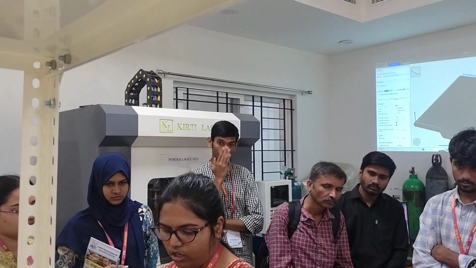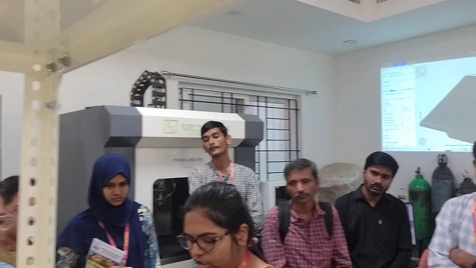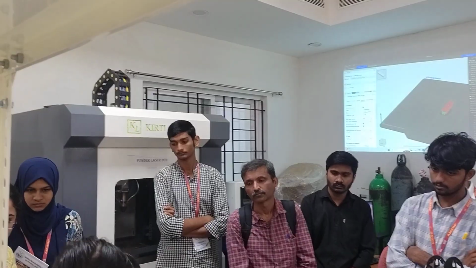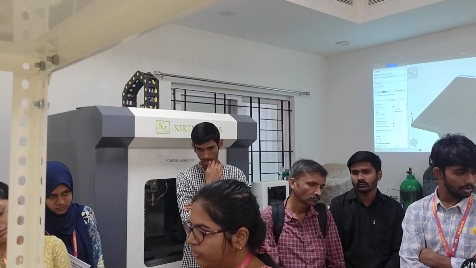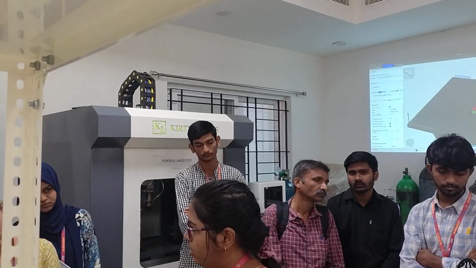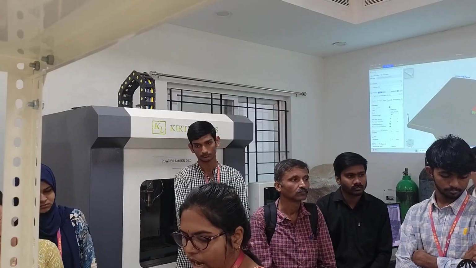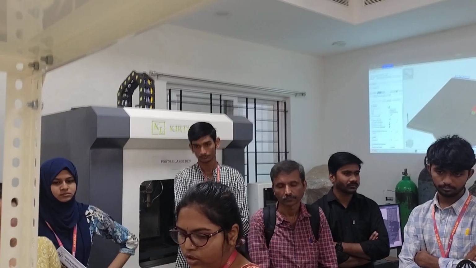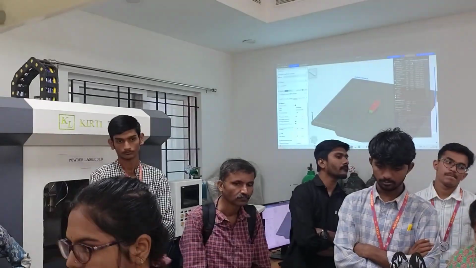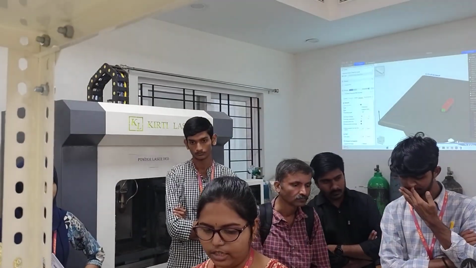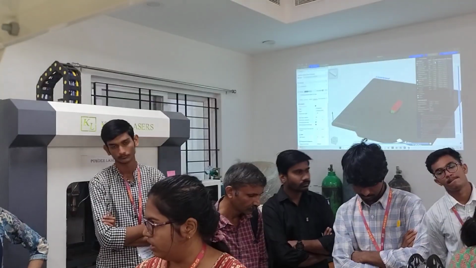In the extruder we have a panel where we can see the temperature. This is SV and PV. This is the set value, whatever temperature is required for the material that we want to extrude. This is the present temperature value of the extruder and the nozzle. This is the knob where we can adjust the speed of the extruder. By optimizing, we get the speed, and then we can extrude the filament out of it.